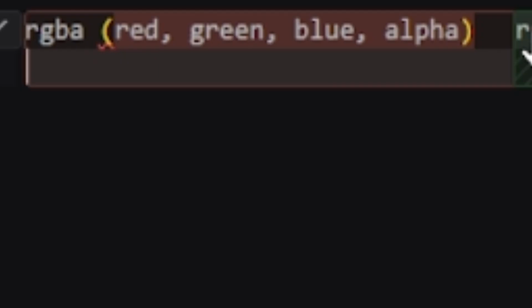So the red, green, and blue range from 0 to what? 255. Whilst alpha ranges from 0 to what? 1. Where 0 is what? Completely transparent, and 1 is what? Completely visible. Are you here? All right. So here we are going to apply RGBA to our